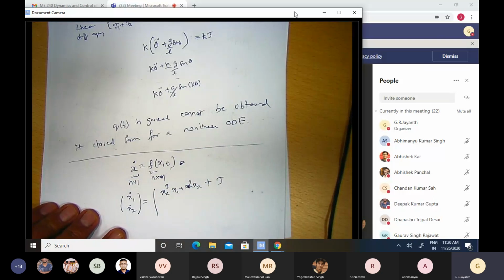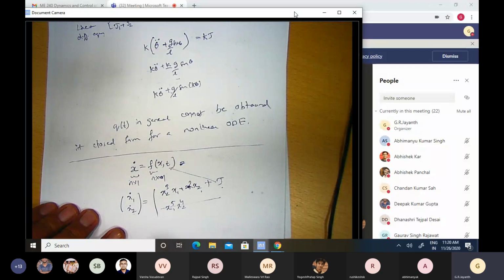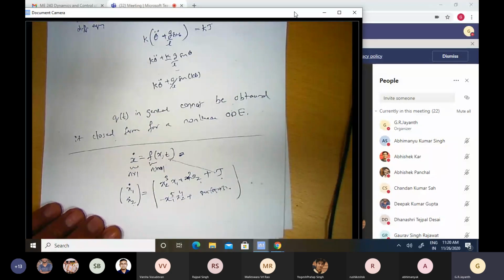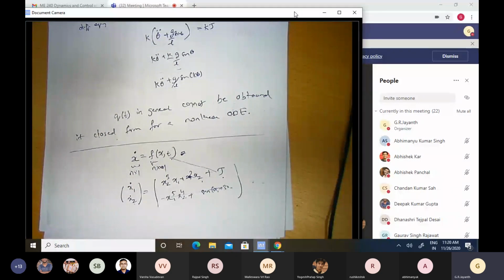Okay, why can I have it? Because tau is an independent variable which is a function of time. Okay, and x2 dot can be another equation which is not at all connected with the first equation. I can have some x1 power 5 times x2 to the power 4 plus whatever other thing, sine of x1 plus 3x2, whatever I want I can have here. So you see therefore that although this equation here, x dot is equal to f of x comma t, looks ridiculously simple in appearance, when I look at the true possibilities of the kind of equations I can represent with this notation, the possibilities are practically endless.